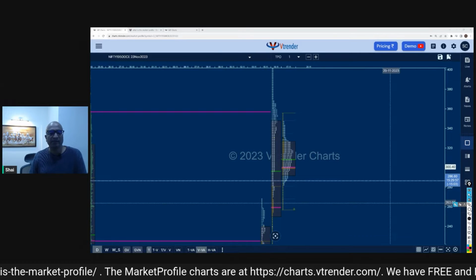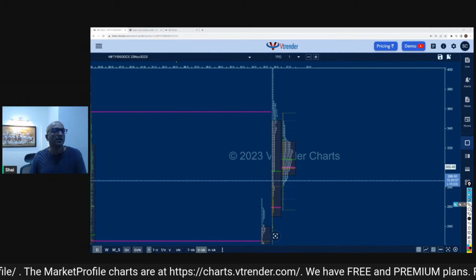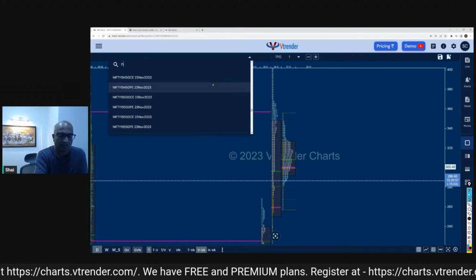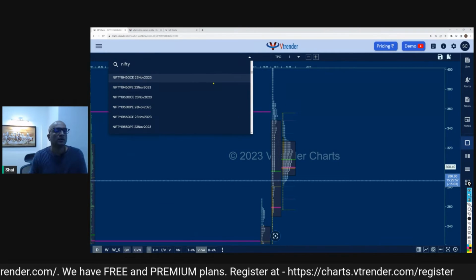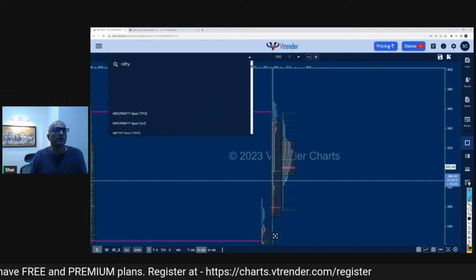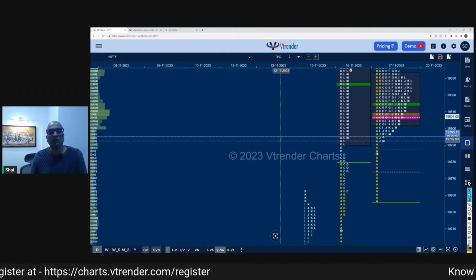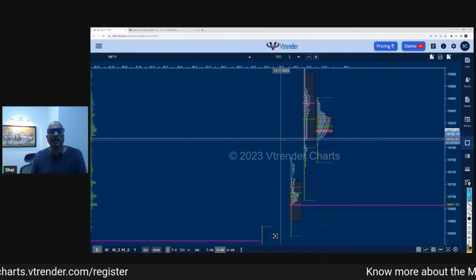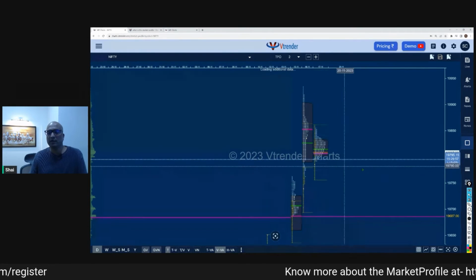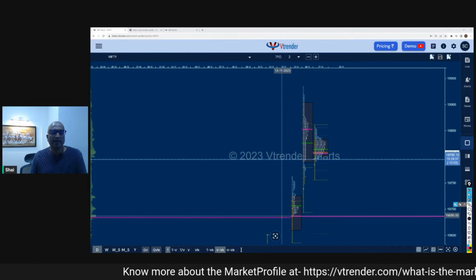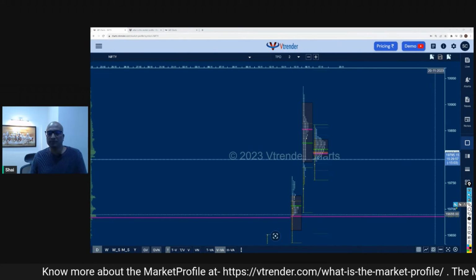So yesterday I said the market was dominated by buyers. And if I go back to the Nifty, now the instrument over here is not that important. The idea over here is to understand the information which the market is giving us. So I said that the buyer was in control yesterday in this particular profile.